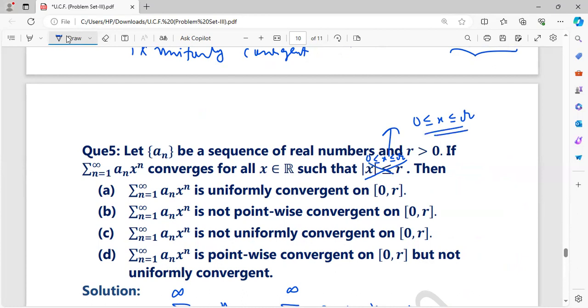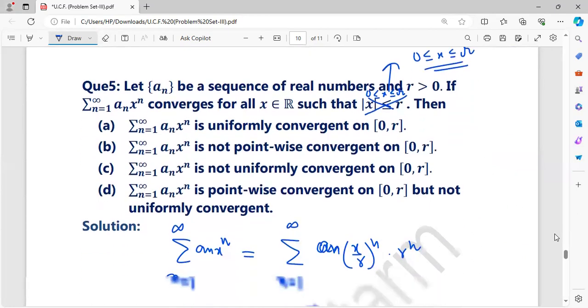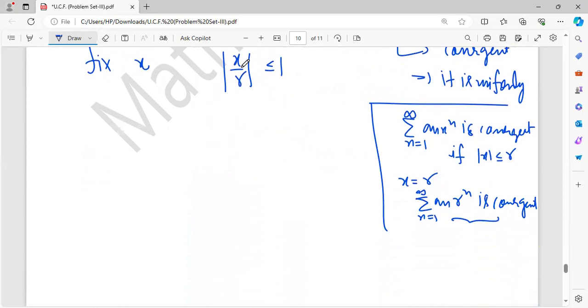Still the series is uniformly convergent because it is given in the question. Sorry, x less than r, so I can take x is equal to r. Okay, it will work. Now for fixed x,